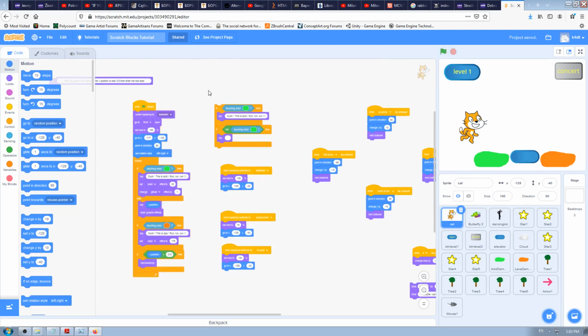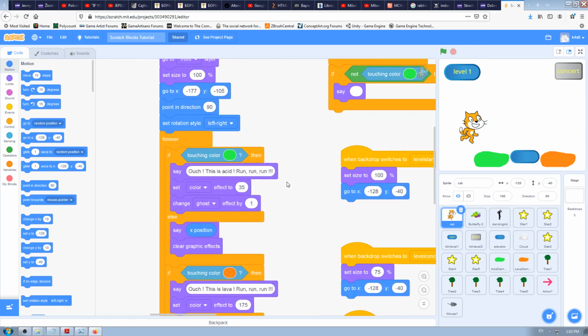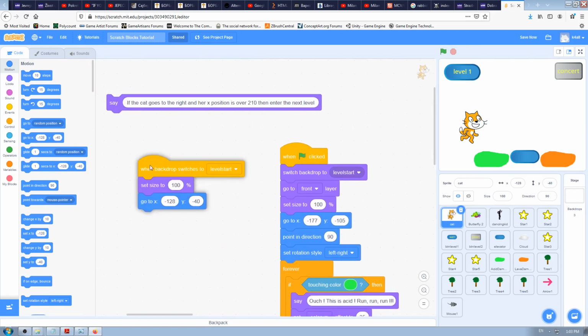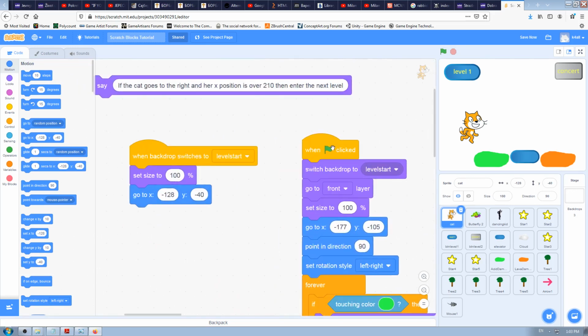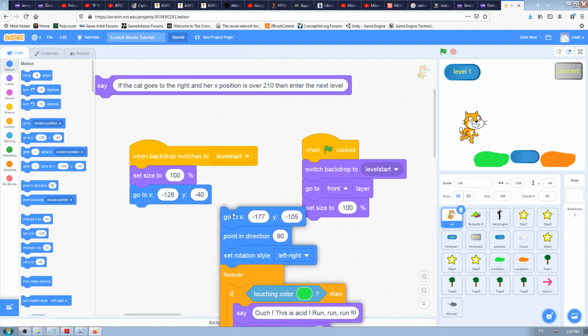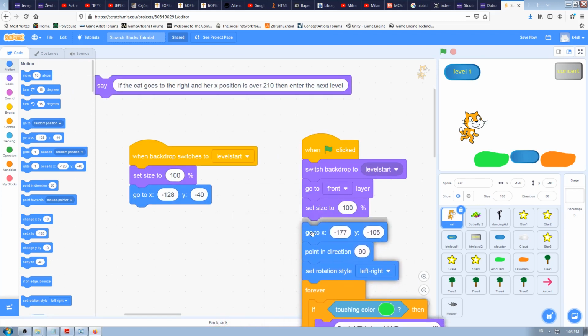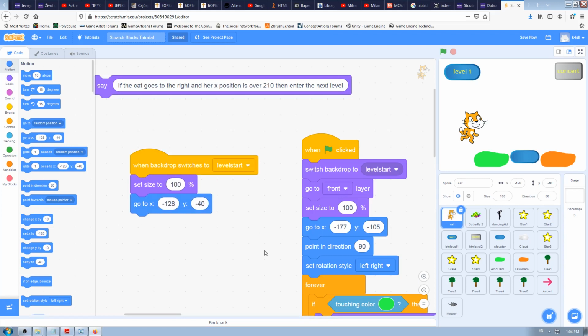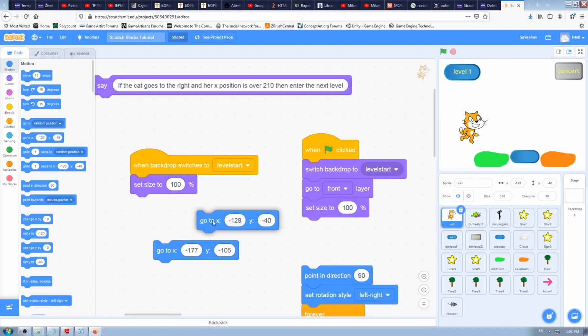Yeah, now there is a conflict, because at the same time I'm telling Scratch what to do. When the green flag is clicked, that means when my game starts, go to minus 177 and minus 105, and at the same time I'm telling Scratch to go to minus 128, minus 40 when backdrop switches to level start. So I will have to either delete one or change one. Yeah, I can delete this one and change it to